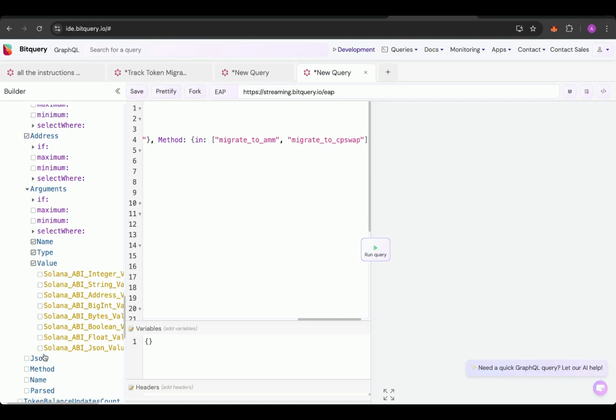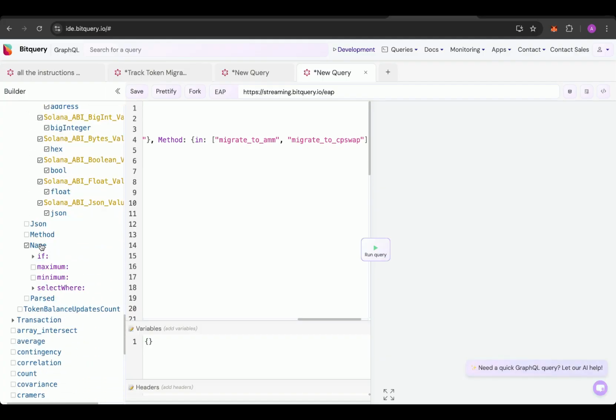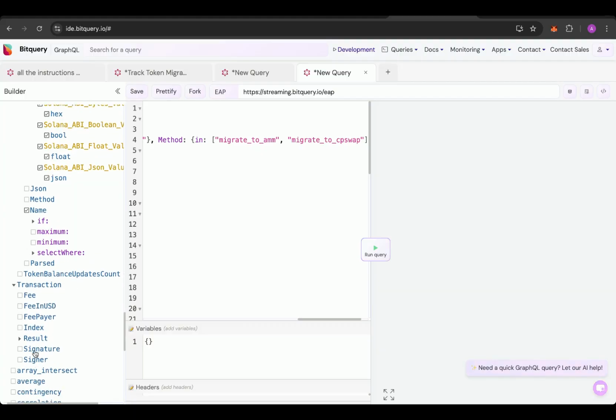In value, we will select all of the data types: JSON, float, boolean, bytes, big int, address, string, integer. Let's select the name of the program also. Then select transaction details, signature, and signer.